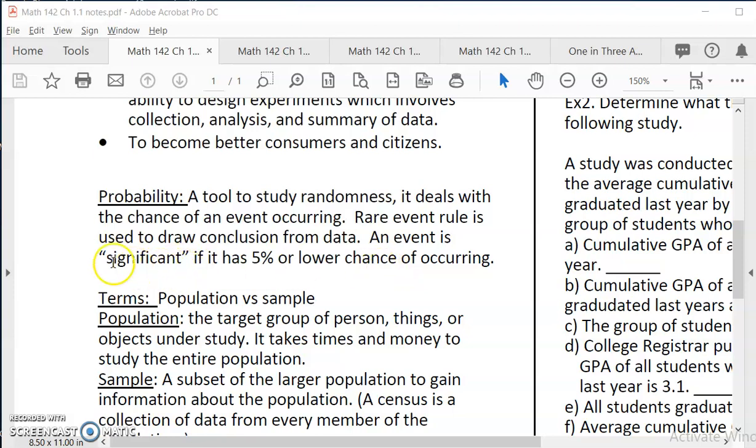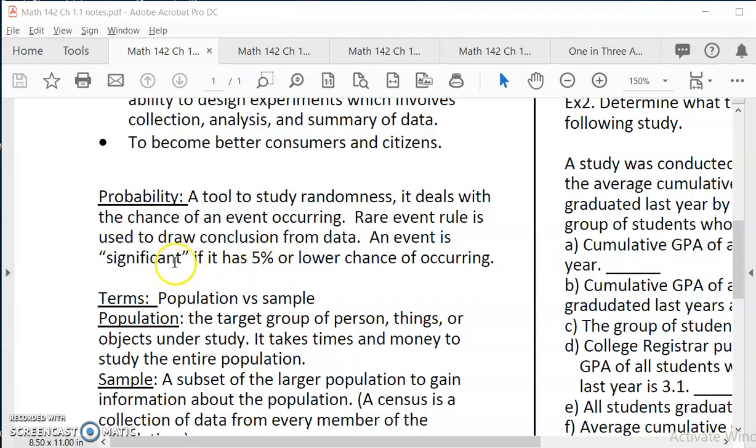Now, in statistics, the word significant does not carry the English meaning of very important. When we say significant, very often we say, wow, that is a very important event. But in probability, significance means it has a low chance of happening, such as winning a lottery, right? So in statistics, in general, any chance of happening lower than 5%